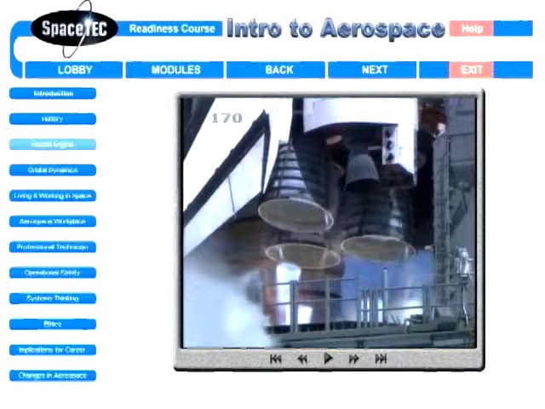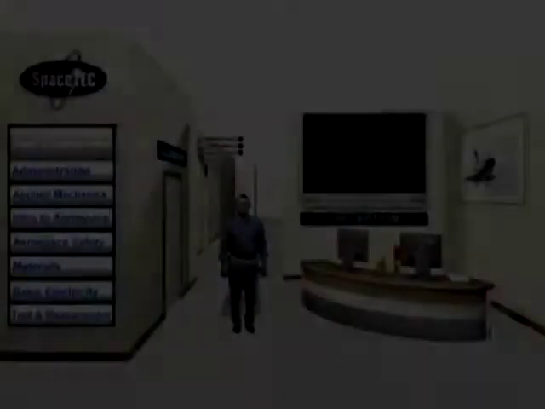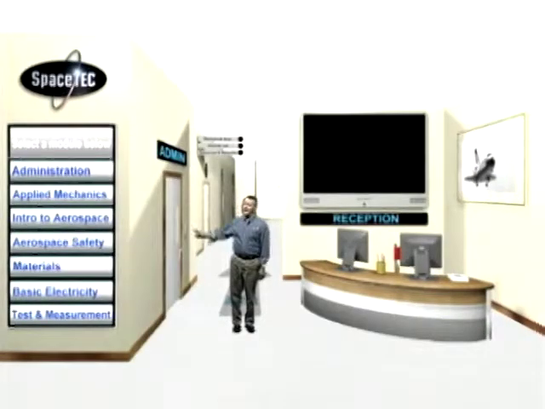If you want to go straight through a learning module in sequence, you can use the button on the top menu to go through instructional modules from start to finish, one screen at a time. Finally, if you get confused, you can always get help by clicking on the Help button at the top right of the screen. Just behind this marquee is the administration area, where you can learn more about SpaceTEC certification exams